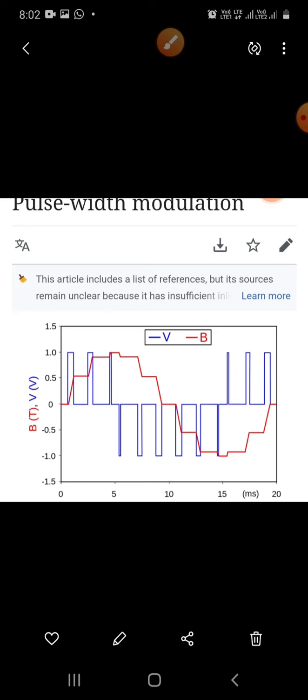Here the average value of voltage fed to the load is controlled by turning the switch between supply and load on and off at a fast rate. The longer the switch is on compared to the off periods, the higher the total power supplied to the load. So along with maximum power point tracking,